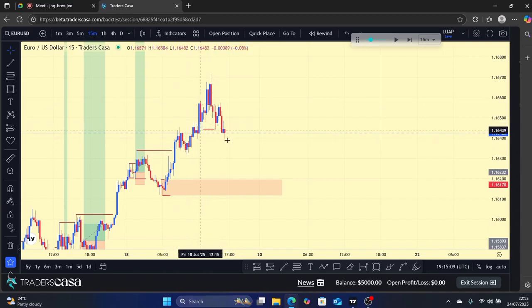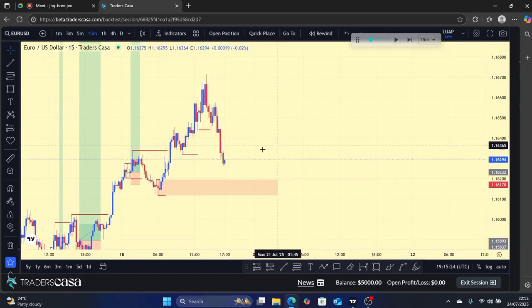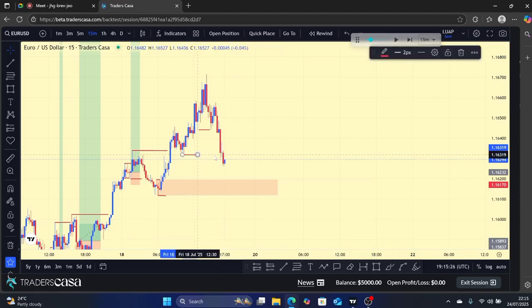Yeah, this is mitigated, so there's no decisional order flow. And so where is our engineering liquidity? This is our engineering liquidity, and yeah, nothing else. Yeah, of course, nothing else. So now it's actually running price, and exactly right here you can see this here was a sweep of the